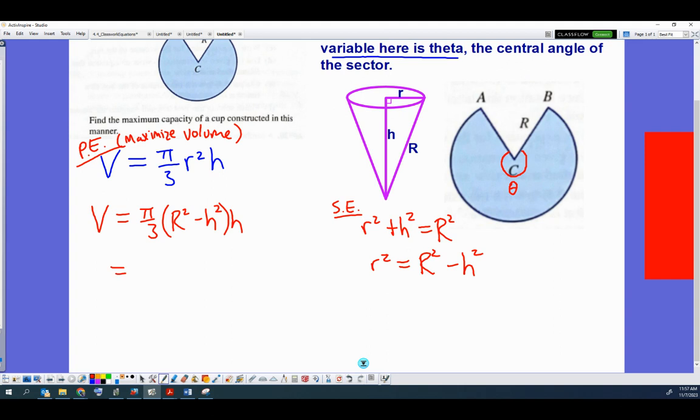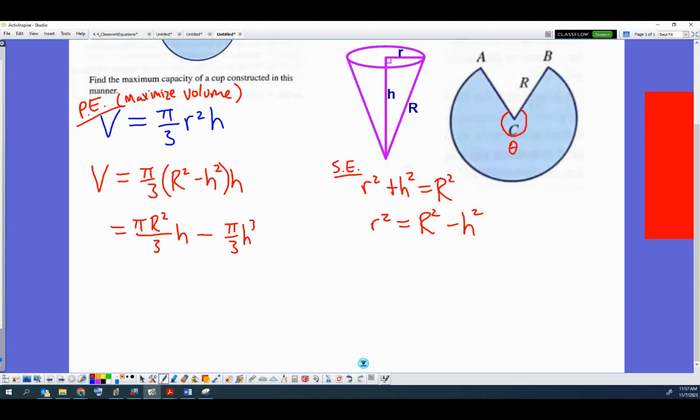That's annoying. So let's just make this pi big R squared over 3 times h, right? I'm distributing, minus pi over 3 times h cubed. So again, I'm distributing both the pi over 3 and the h to both of these things inside. Okay? And so now that's V. And once you have V in terms of one variable and it's convenient to differentiate, we'll just go ahead and